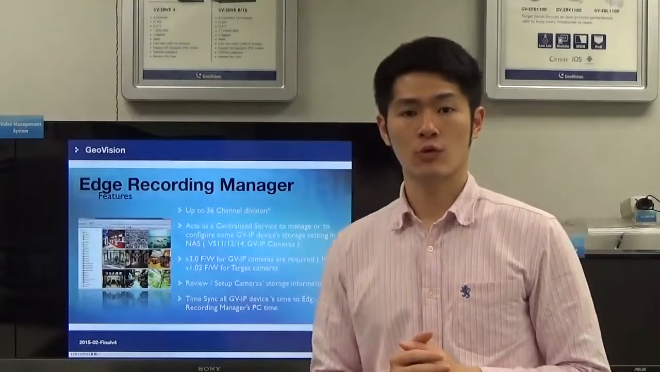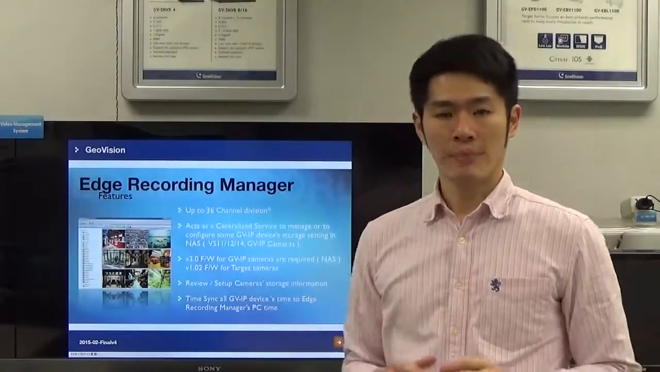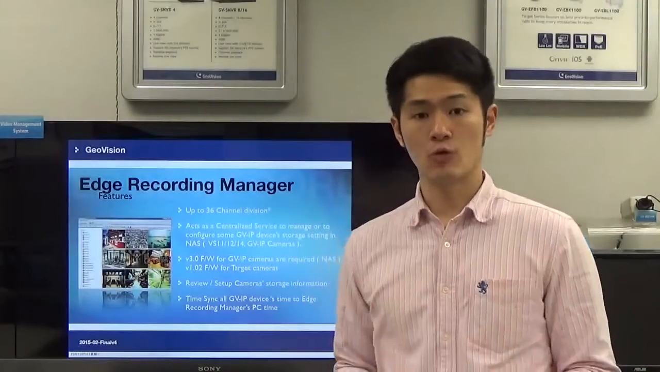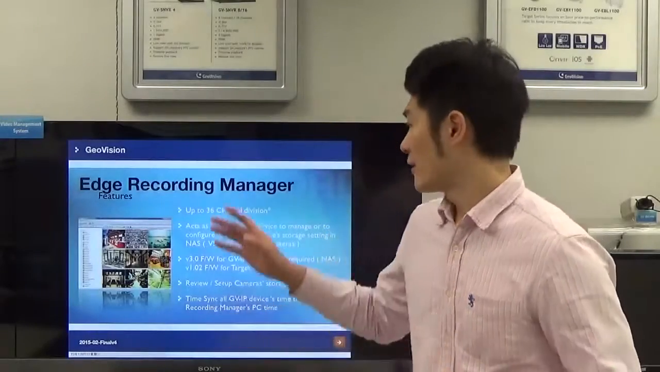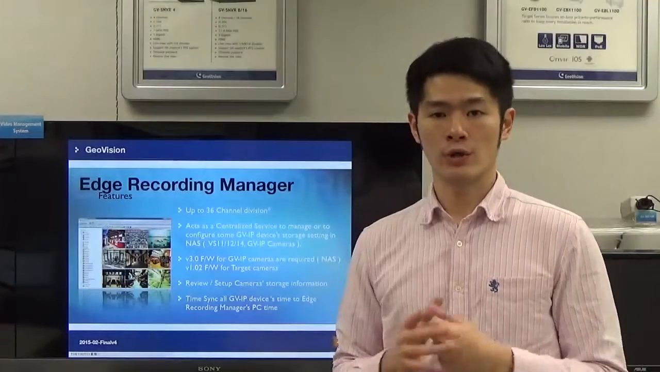geovision.com.tw for more information. So what features does Ad Recording Manager support? It supports up to 36 channel division. The reason why we have this feature is because the next version of Ad Recording Manager will support up to 64 channels, and 36 channel division is going to be one of your selections when you open the live view